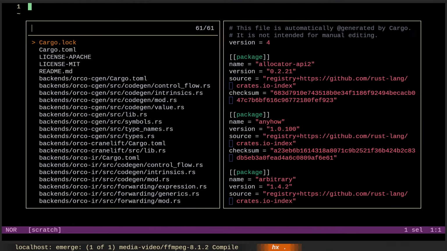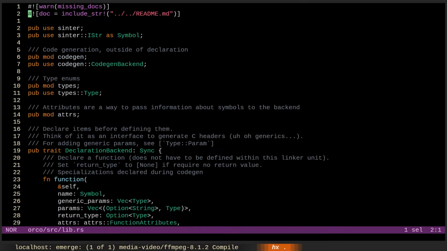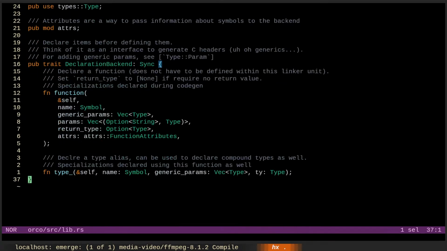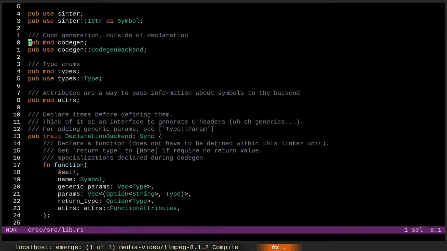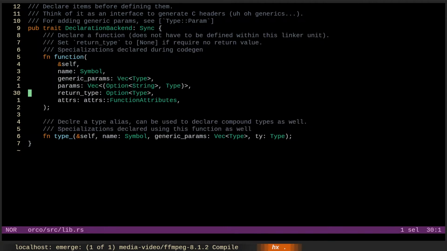Anyway, so right, Orco. I'm supposed to do something here, right? So I was thinking about specializations, and I feel like they're difficult to implement. And I kind of want to rewrite a bunch of implementation code. Damn, I really miss my caps lock rebind.